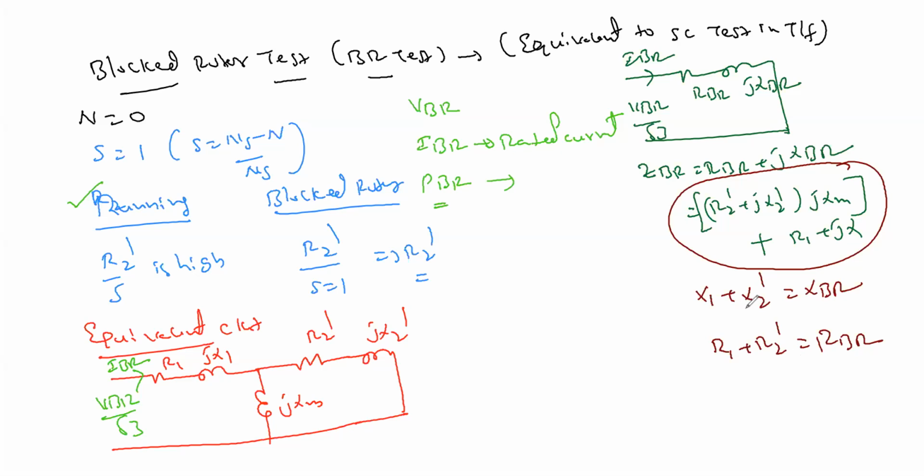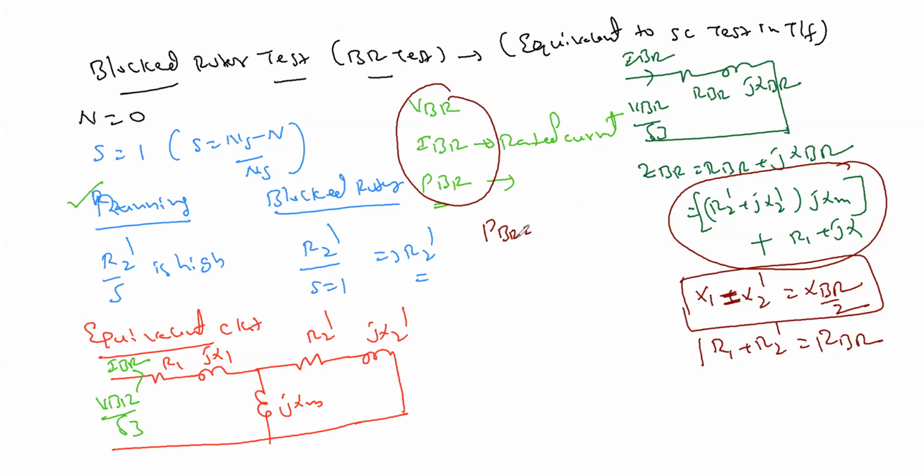And most of the time this will be equal. So what we do here now, rather than saying equal, X1 equal to X2 dash, which is equal to XBR by 2. That's the approximation we do. X1 equal to X2 dash is equal to XBR by 2. Another one is R1 plus R2 dash equal to RBR here now. ठीक है यार, RBR, XBR कैसे आएगा? इधर से मिल जाएगा. How can I obtain it? From here now,